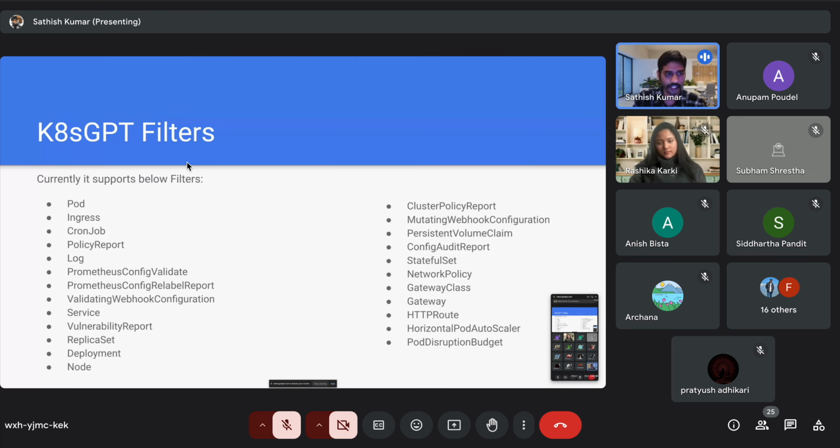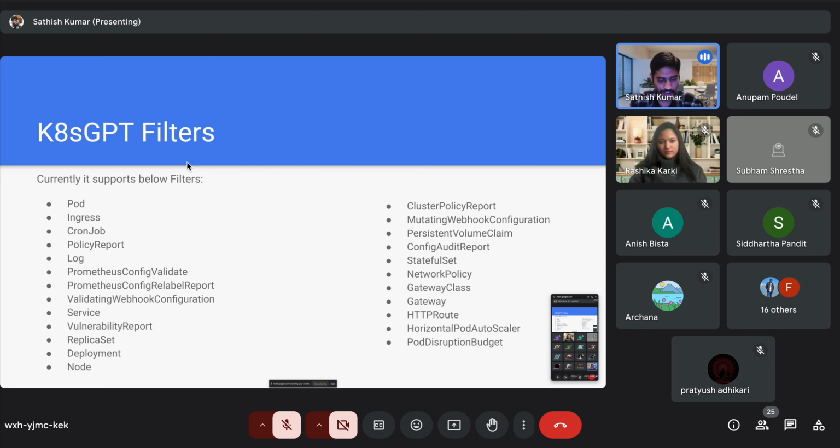So it comes with multiple other filters. You can basically restrict K8sGPT to looking for specific resources. These are some of the resource types which they provide by default, but you can restrict it. For example, if you want to just focus on pods, deployments and services, you can make sure that it checks only that, because the cluster has multiple other resources, and you don't want to exhaust your